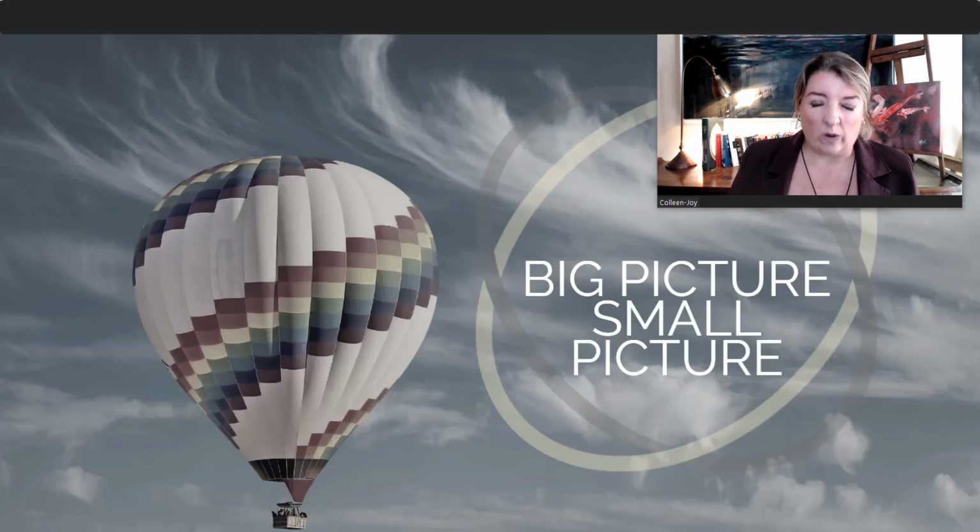In order to do this well in step 2, you want to balance your coaching session between what we call big picture thinking and small picture thinking. You want to start with that hot air balloon aerial view where your client can tap into their inspiration, where they can really find their deeper reasons for being on this journey. And from that aerial view, they might also discover obstacles. Later in the session, you want to land that hot air balloon and help them to roll up their sleeves and think about practical next steps.